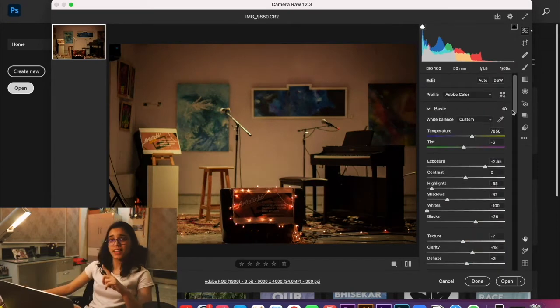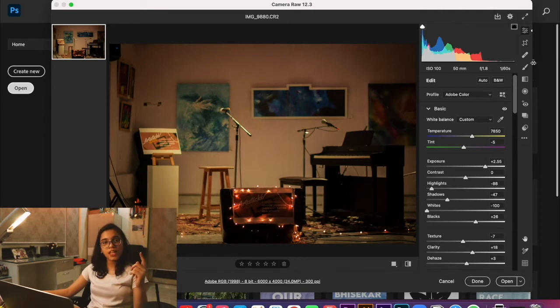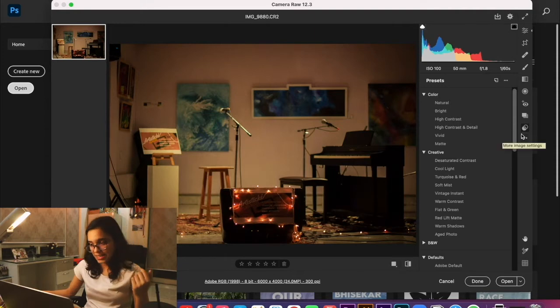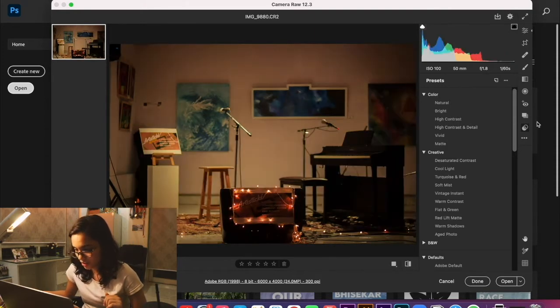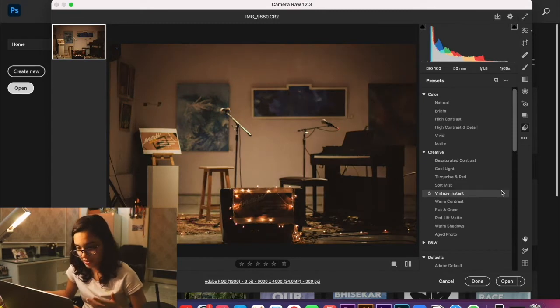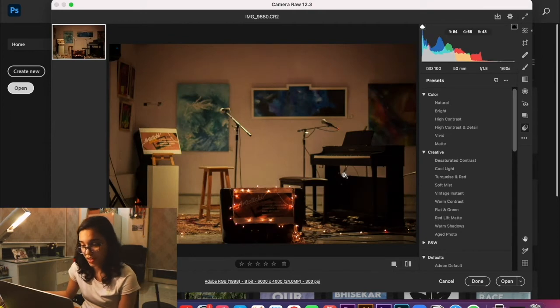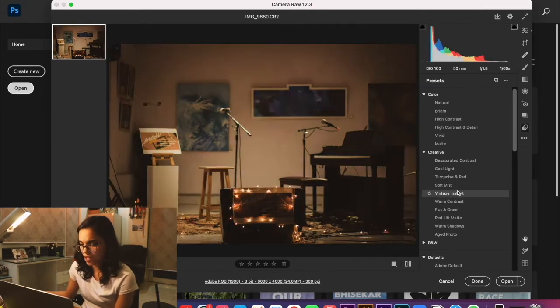I'm trying my best not to use any presets that are given in Photoshop and Lightroom, but guys, it's not wrong if you do. At times you can use them, so let's see if we can try and do something better with that. So there's this filter called Vintage Instant, and you can see how it makes your image look versus what it's looking now. So I think in this filter we can try to recreate it a little bit,